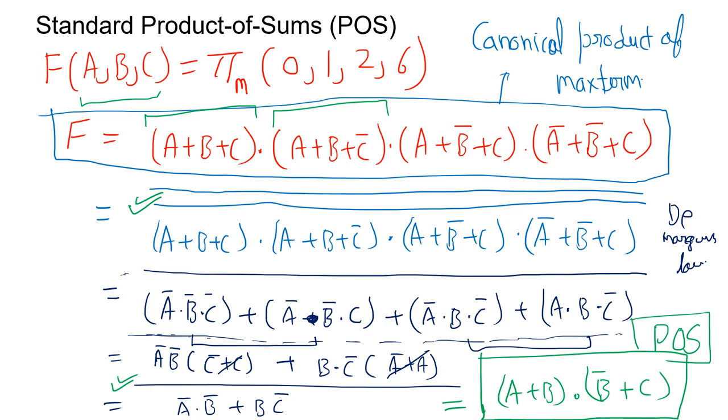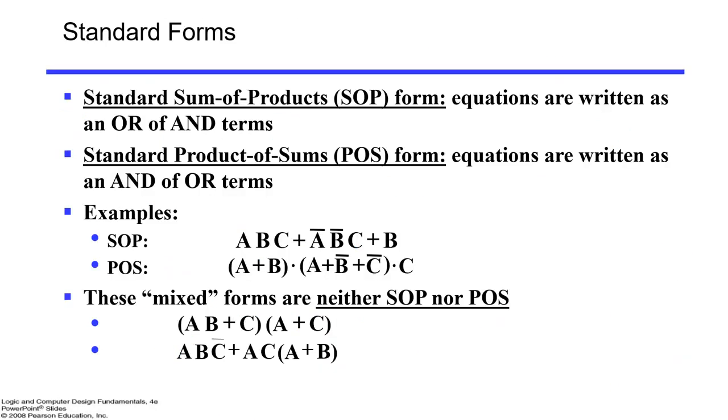I think it is clear till now, right? So let's look into this. Here, this is one example. This one is represented in the form of sum of product, where A dot B dot C, then plus, dot, then plus, right? So this is sum of product. What about this? This is product of sum, right? So here we have sums then product, sums then product. So that is product of sum.